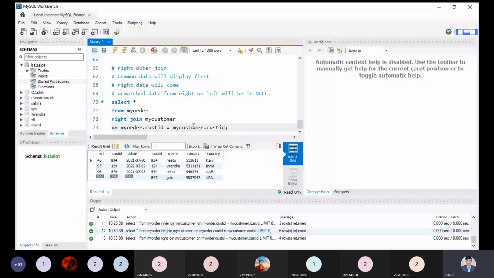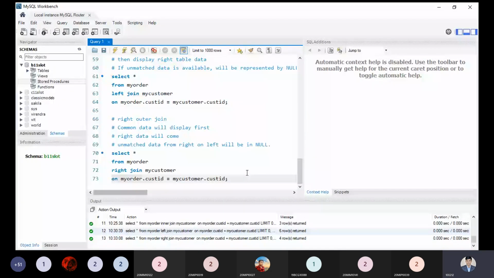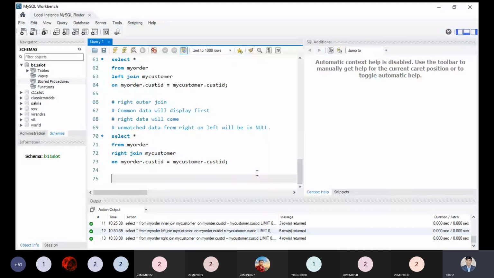After understanding this point, let us move to the next point, which is known as the full outer join. Full outer join is not easy to implement over here. You have to apply some logical concept using the union or union all operation. Instead of full outer join, we can understand it just by using the full join operation. So full join is equal to the natural join actually. The full outer join in MySQL will be considered as a natural join.